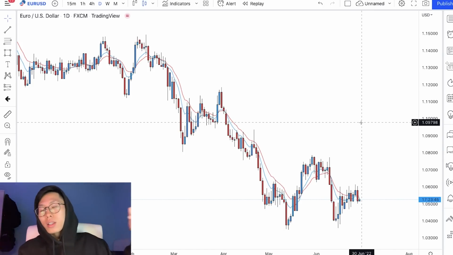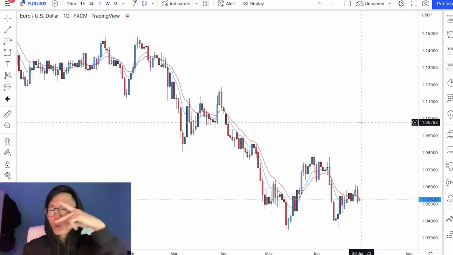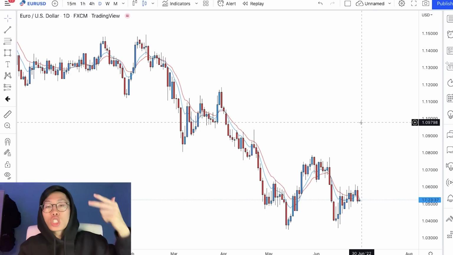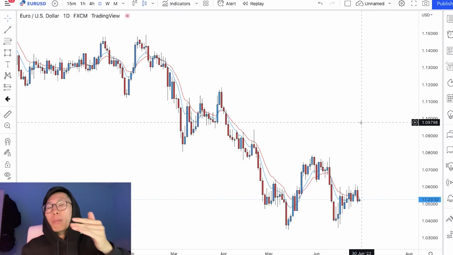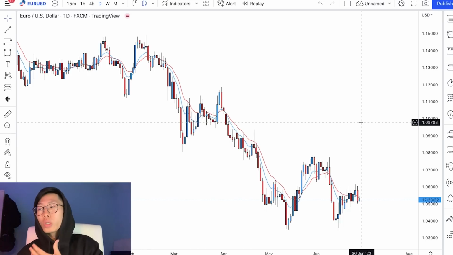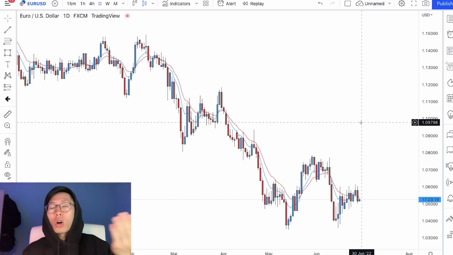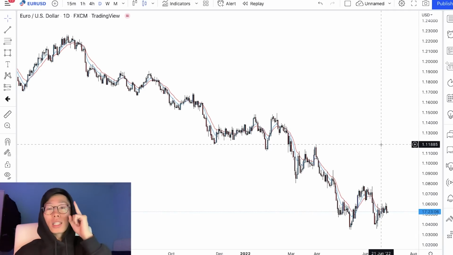You know what is hard? Psychology and risk management. These two factors are so hard that they will cause you to lose the most amount of money. Trust me, most of the time you are losing money is not because you analyzed the chart wrongly. It is because of your own emotions and you are using a lot size that is way too big for your account. And that is just the truth, guys. It is not because you are a bad trader. It is because you are managing your emotions badly. So that is the unfiltered truth.